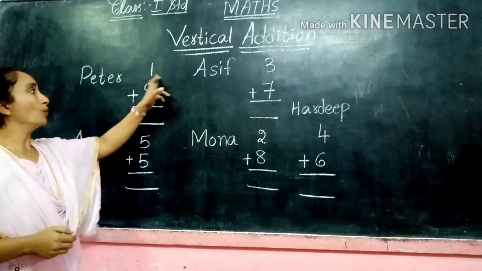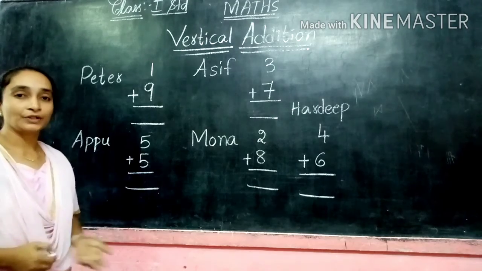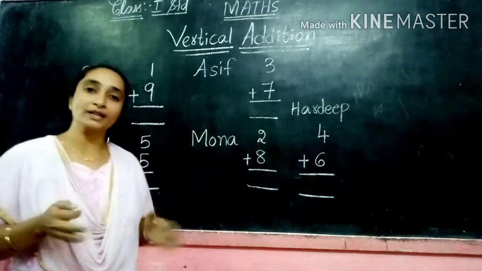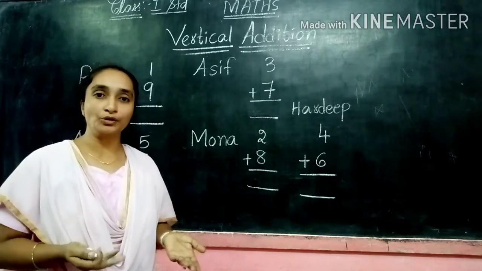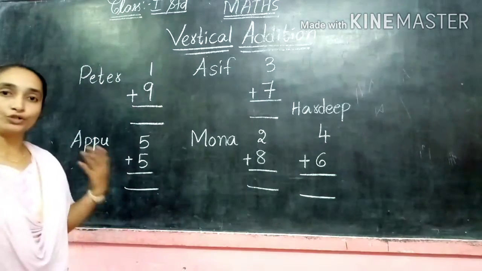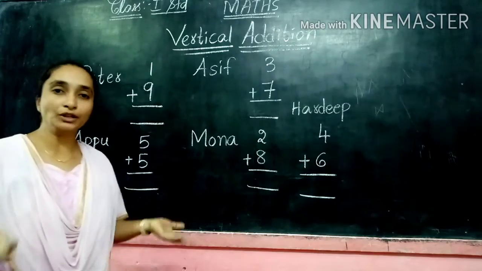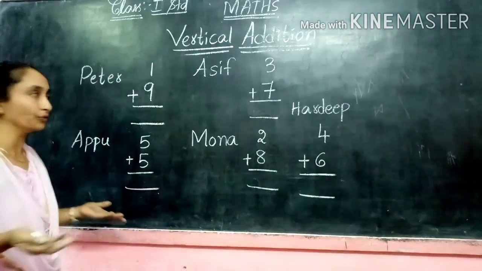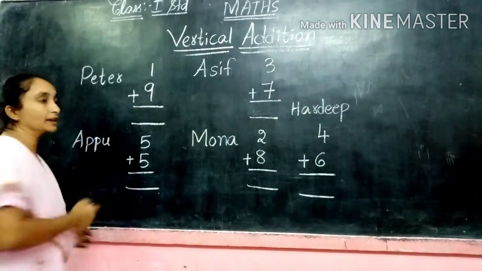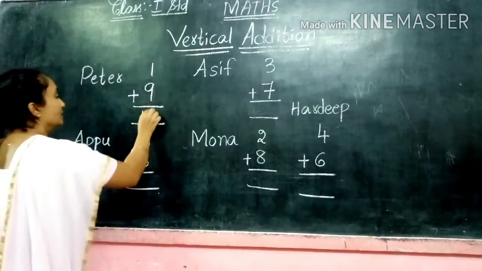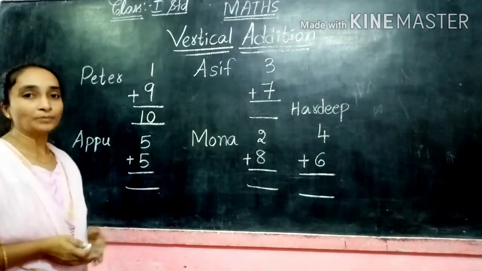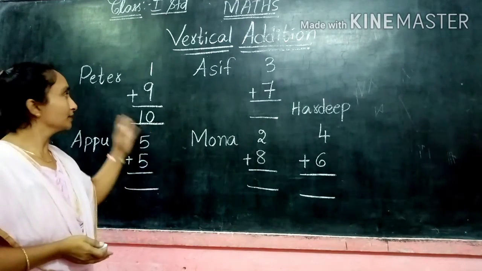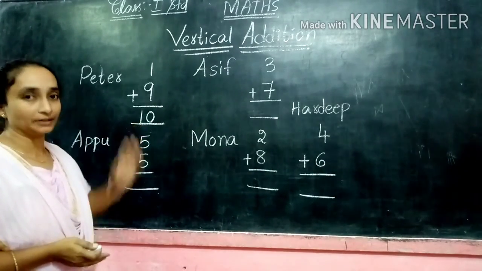Very easy. 1 plus 9. So 1 is there, which means it is very easy. So the number that comes after the number only we have to write there. So no need to take the fingers at all. After the number if you write, it's easy. That's all finished. So here the number is 9. 9 after 10. So here we have completed the addition. 1 plus 9 is equal to 10. So Peter is having the 10.